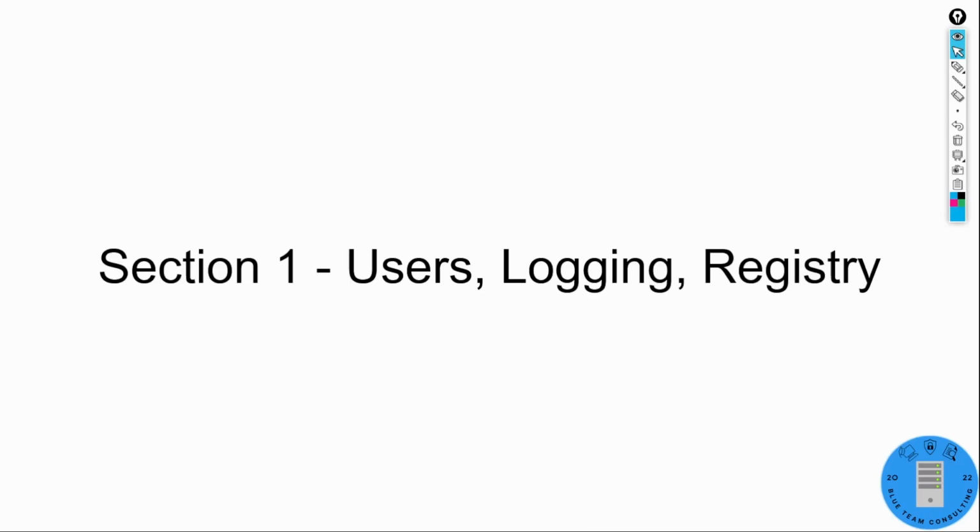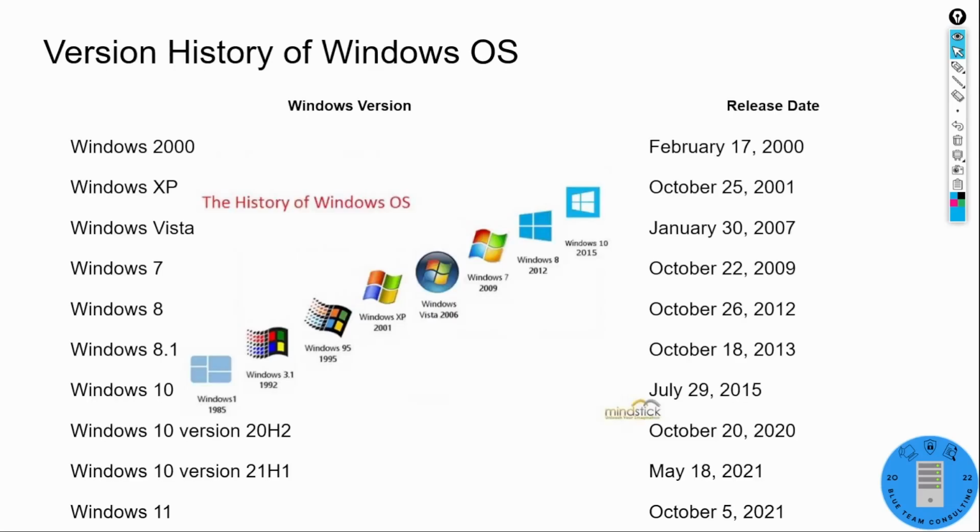So section 1, users, logging, and the registry. Starting out with a basic chart here, this is just showing the version history released of the Windows operating system. This is just for workstations. So there's also the operating system release for Windows servers. For workstations, we basically have Windows 1985 all the way back in, yep, you guessed it, 1985, moving up to, if you remembered Windows 95 for 1995, Windows 2000, Windows XP, maybe that's some of us remember XP in 2001,